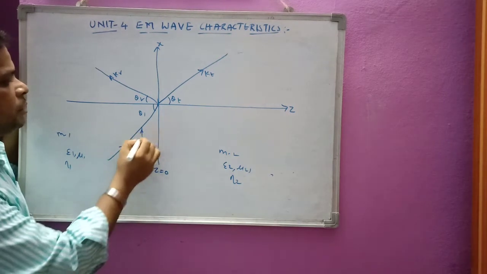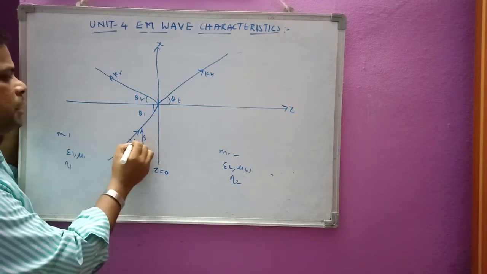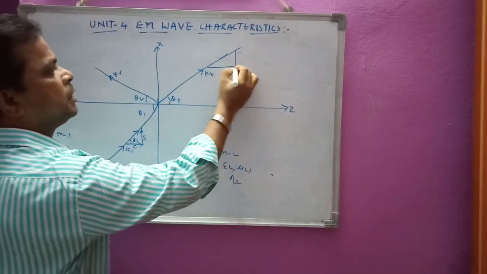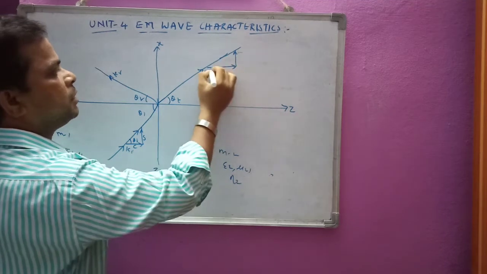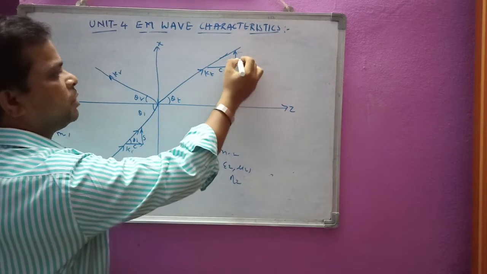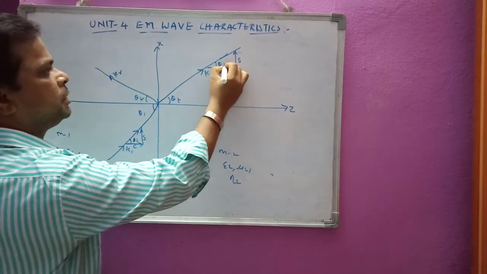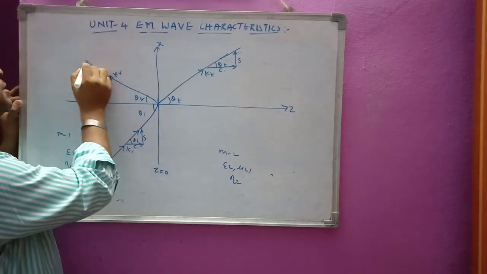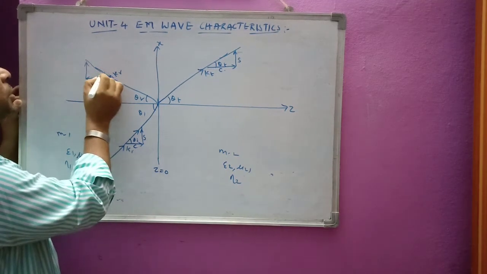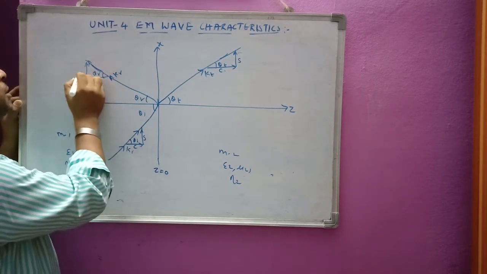This is the cosine component and sine component, and this is the resultant. Similarly, this is theta I. Similarly, this one I can write here. I can extend this one like this. This is the tangential, and this is the normal component along this one. So the cosine part and sine part here, and this is equivalent to theta R here, theta T here. Similarly, this one also I can write here, like this. So this is the resultant, and this is equivalent to theta R here. This is cosine and this is sine.